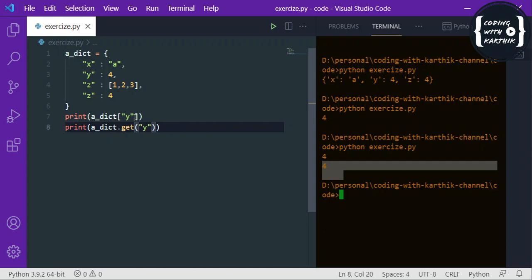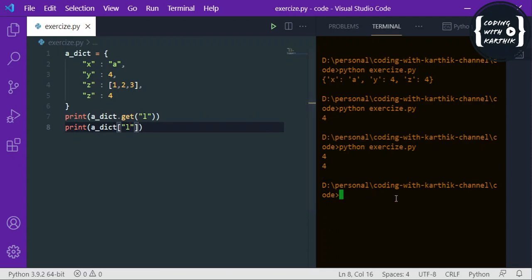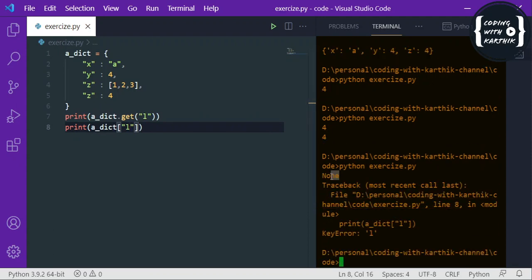But if you're not sure whether that key exists in the dictionary or not, then if you use the dictionary with that key in brackets, it will throw an error. But if you use the get method, it does not throw an error, it will give you None. So let's see one example. Let's say I try to get something, let's say L. If I'm trying to get the value of key L, and you run this, see, this is None from the get method. And in the next line, if I'm trying to use the dictionary with L in brackets, then it is throwing an error, KeyError: L.